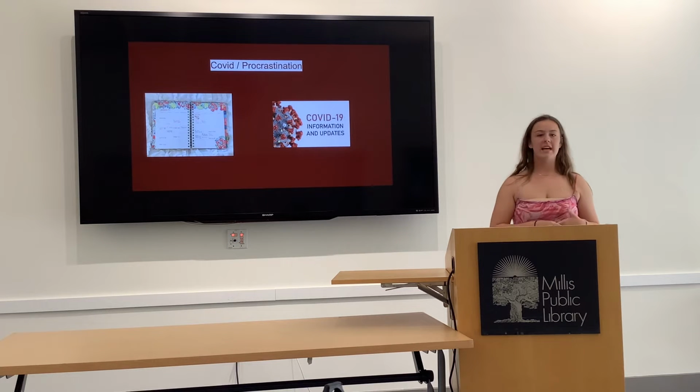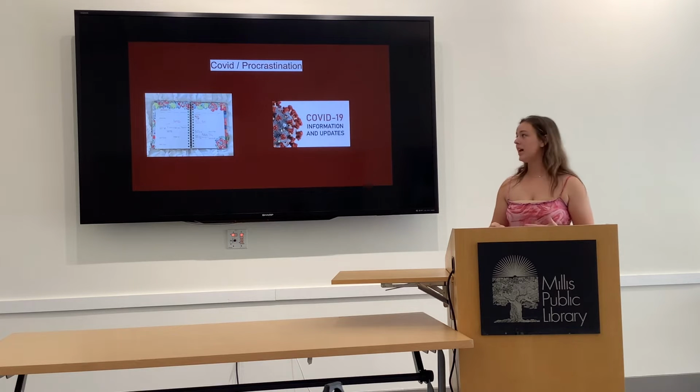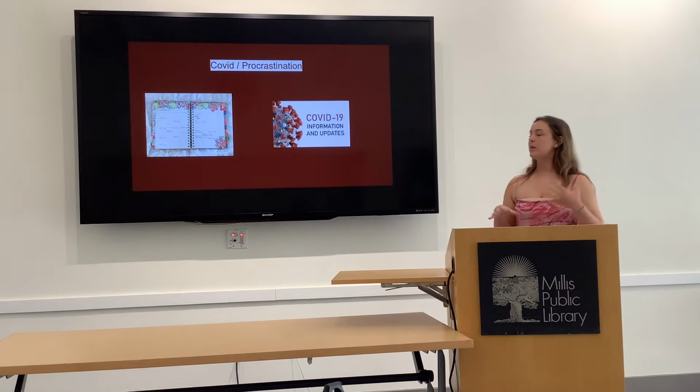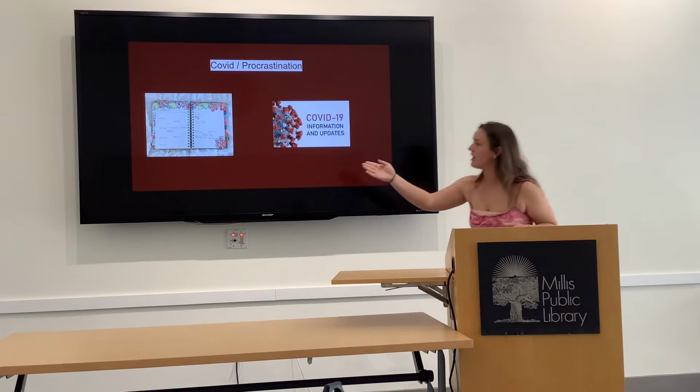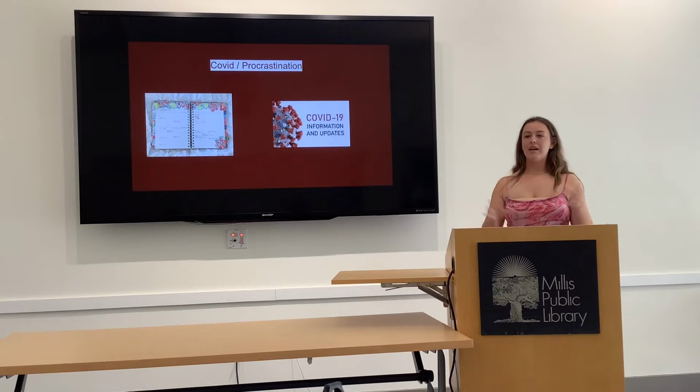So that's when I went to my dad for help, and I asked him to be my mentor. I really didn't know what I wanted my project to be yet, but I knew that he was going to help me. So he made me go to Barnes & Noble, and as you can see on the left, made me buy a planner and write out what I needed to do, whether that be small steps,